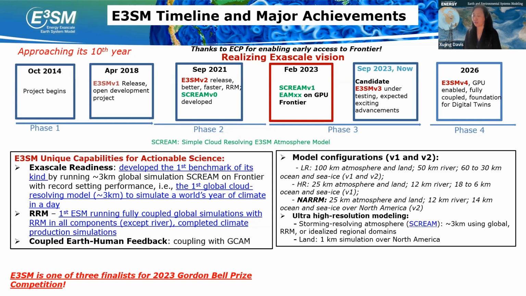Currently, EESM has a few unique leading capabilities, including its exascale readiness, through the development of the first benchmark of its kind by running 3-kilometer global simulations of the Simple Cloud Resolving EESM Atmosphere Model, or SCREAM, on DOE's exascale computer Frontier, which is the first and the fastest exascale computer in the world, with record-setting performance of more than 1 simulated year per day. This exciting result has earned EESM a spot as one of the 3 finalists for this year's Gordon Bell Prize climate